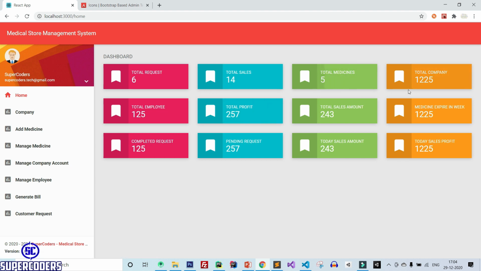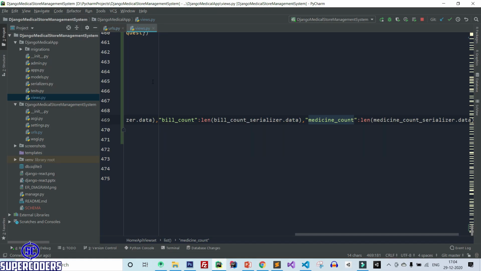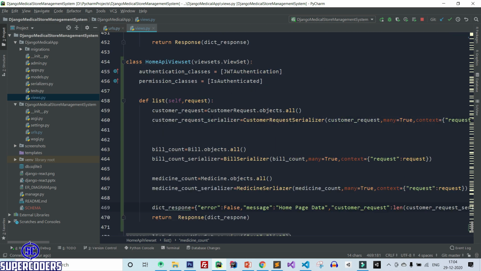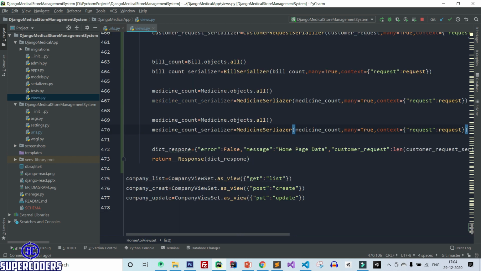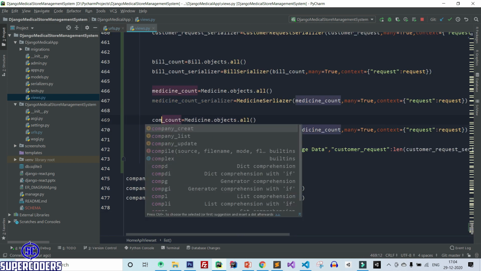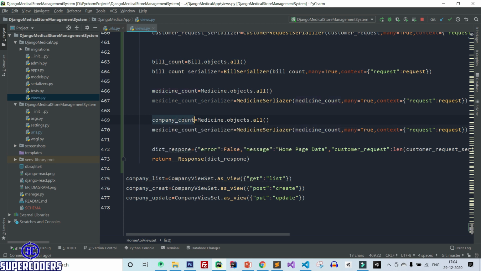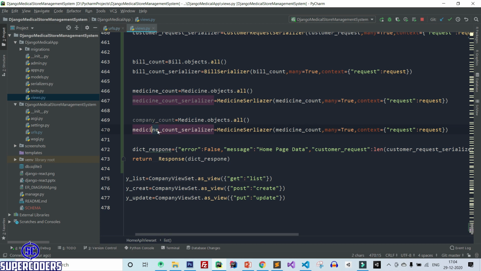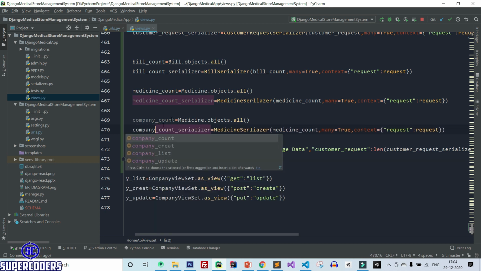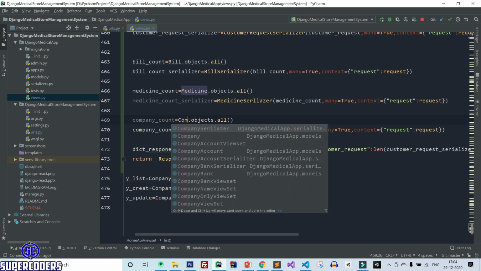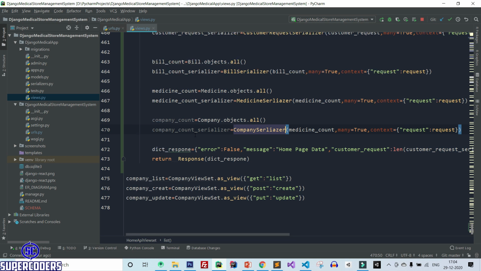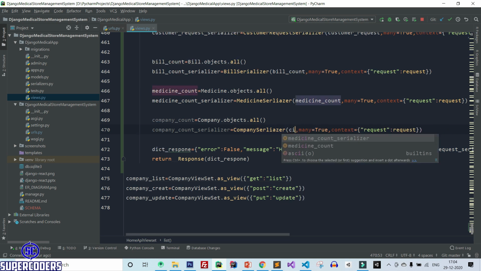Now next is total company. Back to PyCharm, and let's show this data also. Copy it, paste it. Next is company count: copy it, paste company count, change it to company count serializer, company serializer, company count.